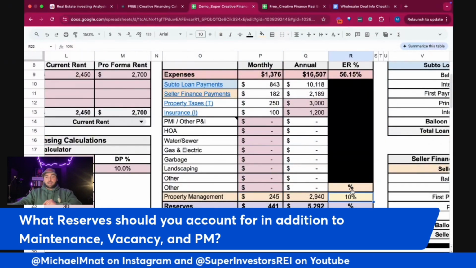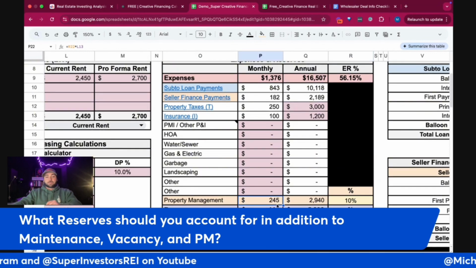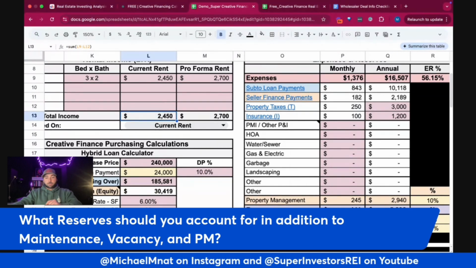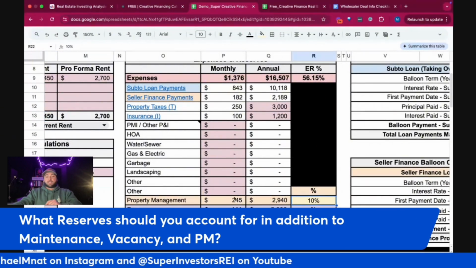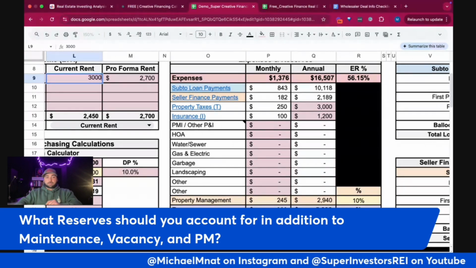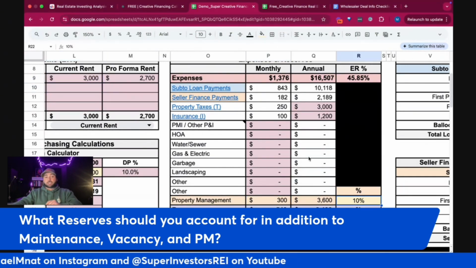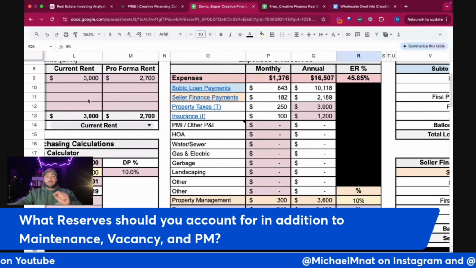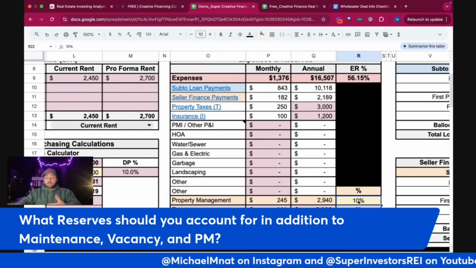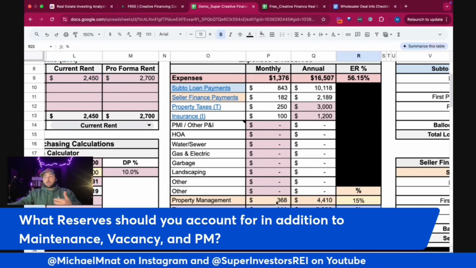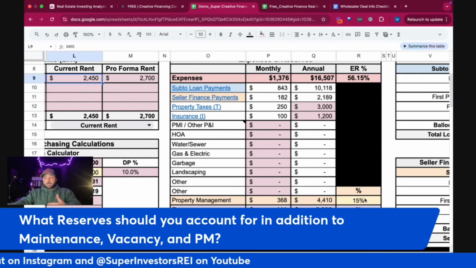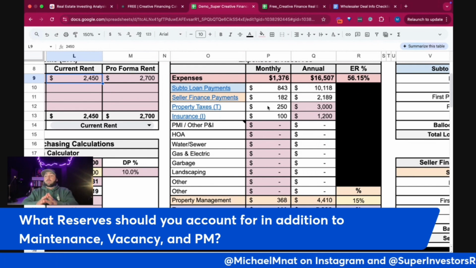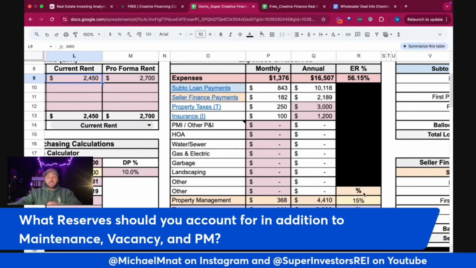This is what I mean by these being variable based on the income. This is saying the income for this property is right here. The rental income is $2,450, the current rental income on this property. So 10% of that is your property management fee. That's $245 a month. If this changes to $3,000, then so does your property management because it's a percentage of your current rental income, and so do your vacancy, maintenance, and capex. They are variable based on the income, or they're also variable if this is not 10% but 15%. This number also adjusts, based on the income times this percentage. It's not like your utilities or your debt, where it's fixed. It's variable depending on your income a lot of the time and the percentages that you're being paid.